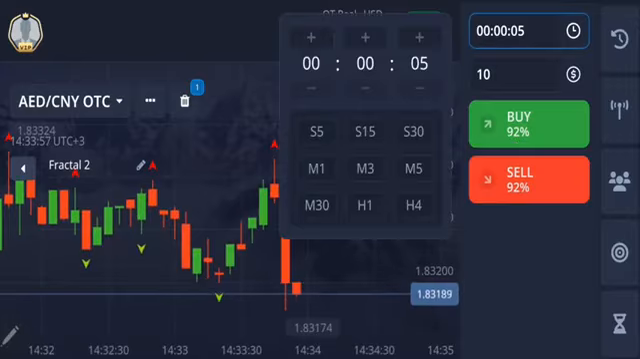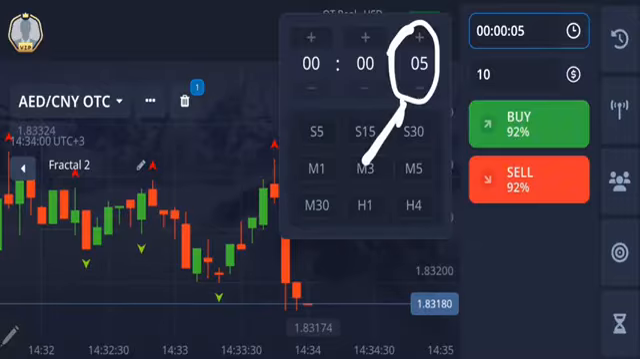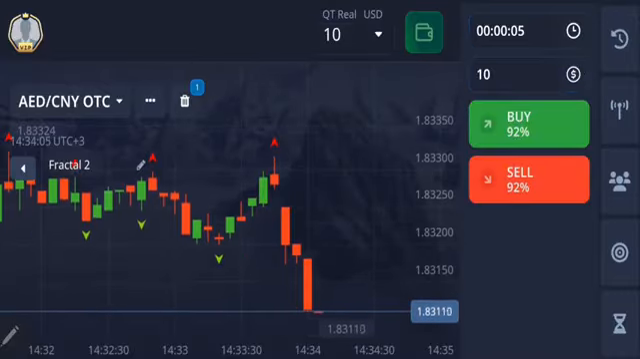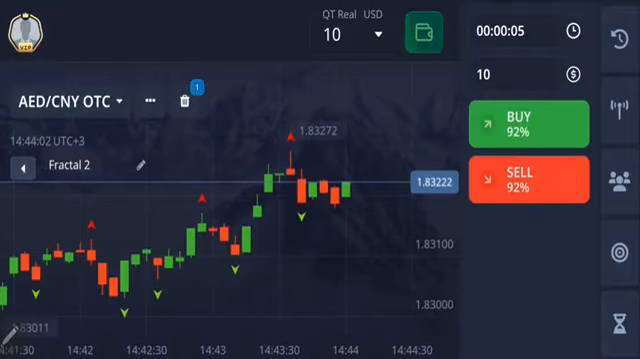So I set the expiration time at 5 seconds. I put $10 in the trade amount. But before I start trading and growing my $10 balance, and I remind you guys that my goal is to turn this $10 into something really big,